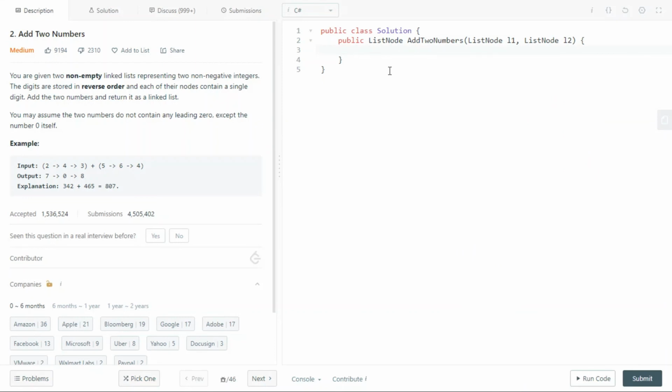So here if you see, if L1 equal to null and L2 equal to null, return null. Okay, or there could be a chance that only L1 is null. So in this case we can return L2, and if L2 equal to null, we can return L1. Okay, and as we have already discussed that